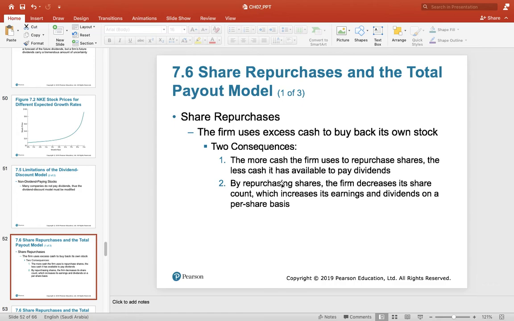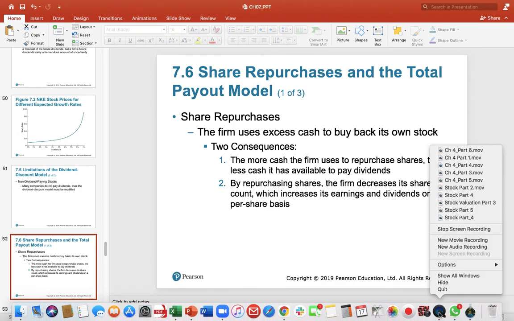Now we will see the next part. We will see share repurchase. And before that, let me